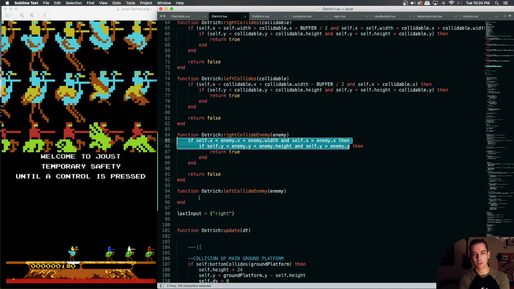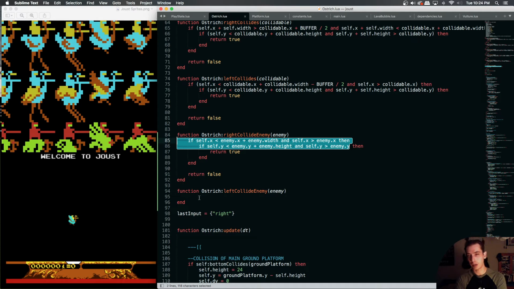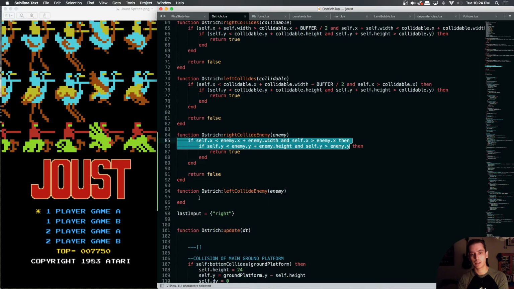sides, we can just get away with only using one function called side collide with enemy that takes in an enemy entity, or object rather. But that's not exactly the case, because